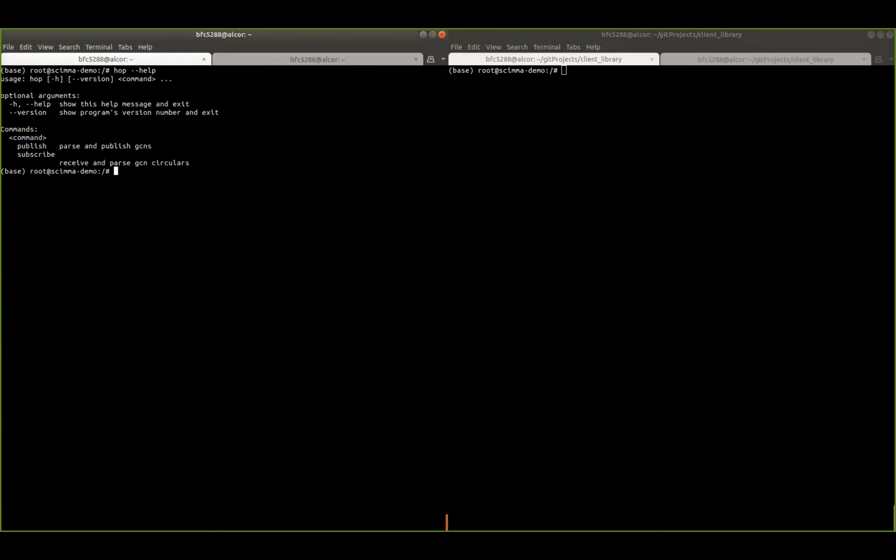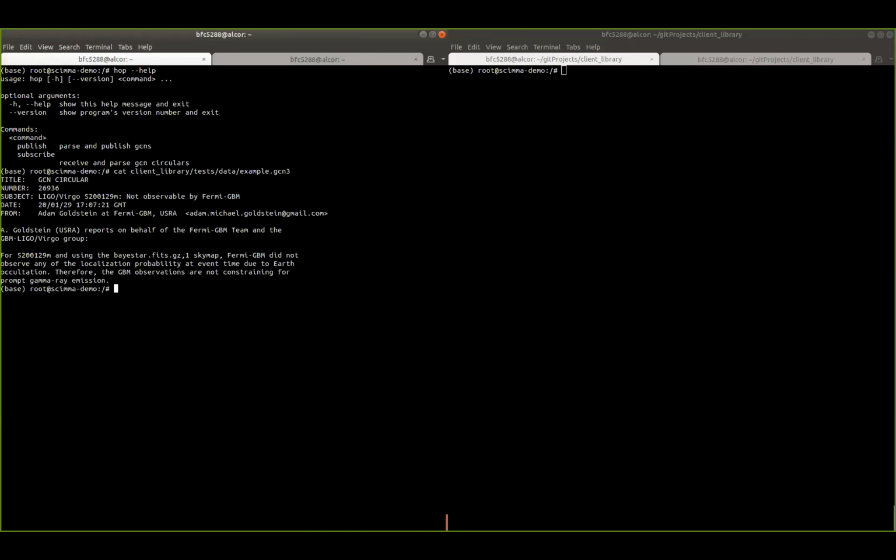And so at the core of Hop right now, we have the publish and subscribe features, which are essentially what allow us to send and receive messages, right now relying on the Kafka broker instance. And so if we have a sample message that we want to send, in this case, a GCN circular with this text here.